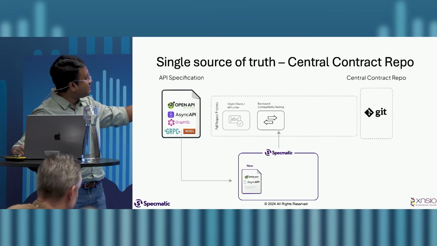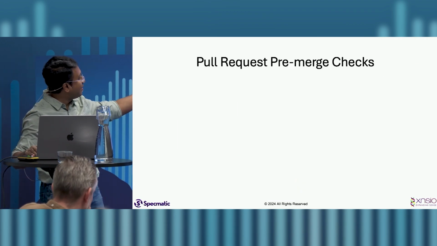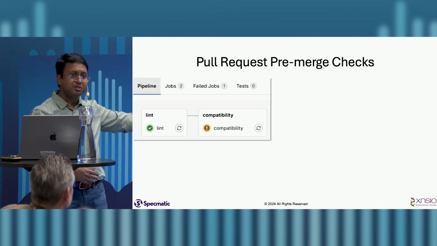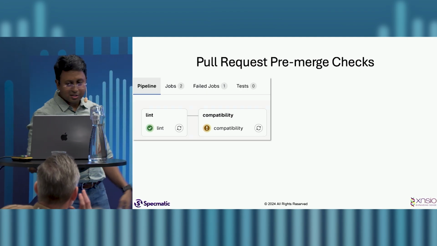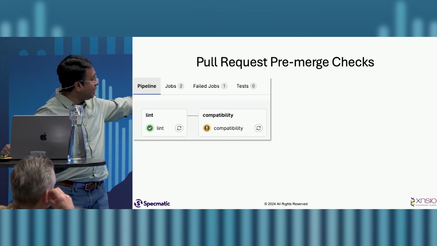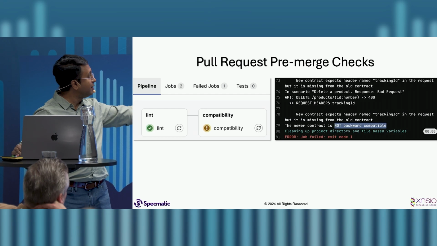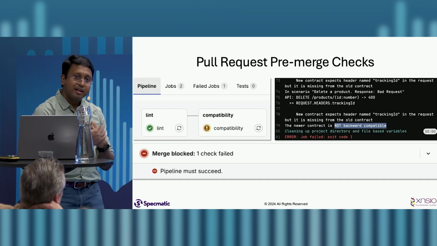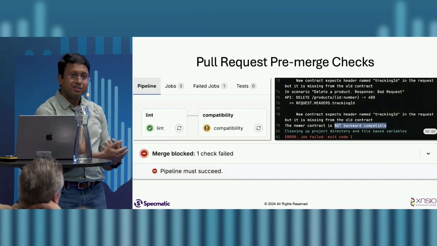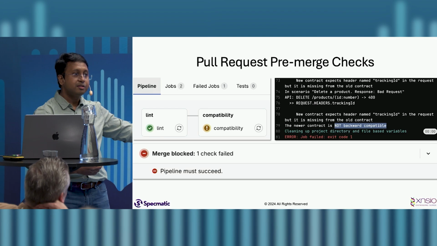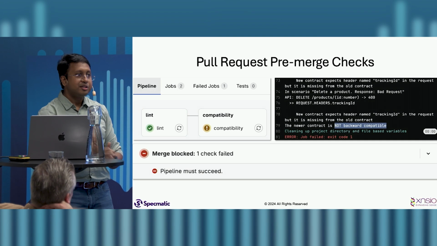Okay, going back to my slides, let's put all of this information together, right? This demo that I just showed you, we've also set it up on, these are screenshots from my GitLab, but you could do it on GitHub Actions, or you could do it on Azure. Tool of your choice, doesn't matter. The approach matters. So here we have a lint that's passing, the compatibility that's failed, and that's the kind of error message that you would get in your pipeline, and thereby your merge is blocked. So you cannot even get in a backward incompatible change into the central contract repository, which is your source of truth, right? So that's the critical piece in the experience, as well as in achieving